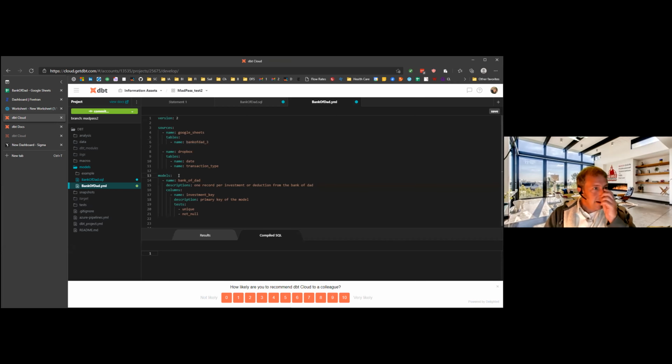And then my models, right, which is my destinations, my views, or my tables. So I create a name for each one. I give a description, which is useful because this is picked up by any data catalog products that you use. So dbt is really well set up to capture metadata so that you can feed it back to a data catalog, which I've never been real impressed by data catalog solutions, partly because the metadata just isn't there.